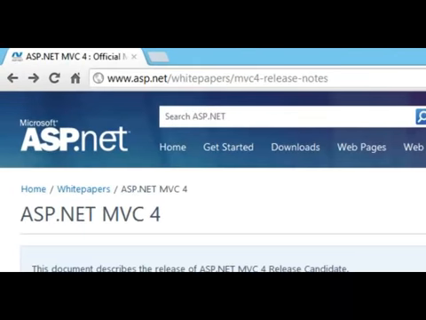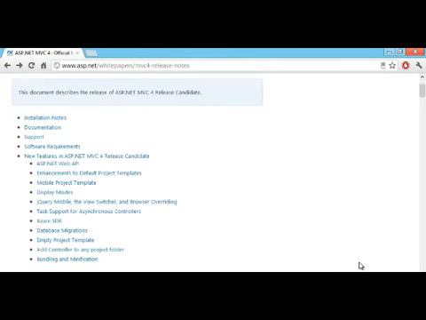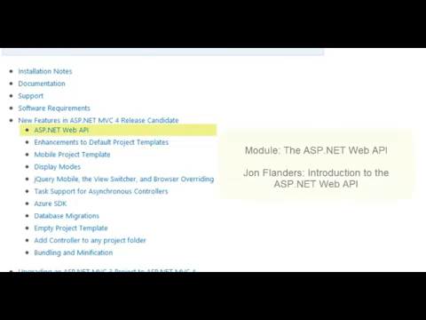If you go to the ASP.NET website, you'll find some release notes for MVC 4 that list the new features for this version, as well as how to install the framework and update existing applications. One of the new features for version 4 is the ASP.NET Web API. This is a framework for building web services that embrace HTTP. I have a module dedicated to the Web API in this course, and John Flanders also has an excellent course